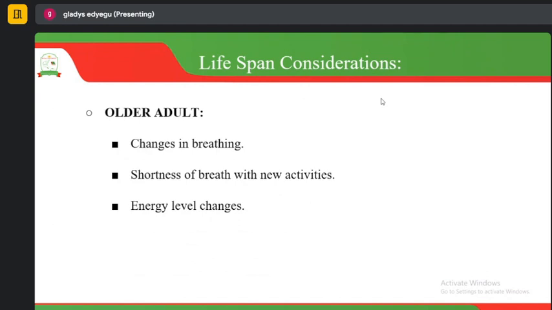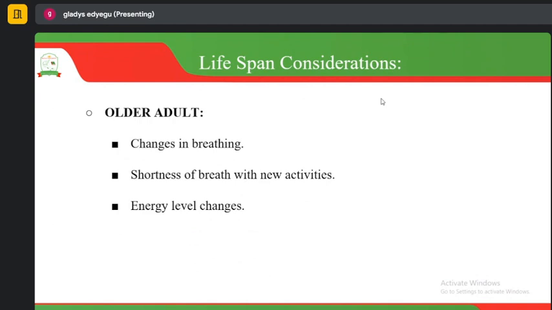For the case of the older adults, when they come to you, there are things that you're also supposed to ask them. You're also supposed to find out whether there are any changes in their breathing. And they may tell you, I'm finding it difficult to breathe. Sometimes I feel shortness of breath. Or when I do this, I feel a lot of changes, that they may tell you. So there you can also be able to interpret and come up with the right